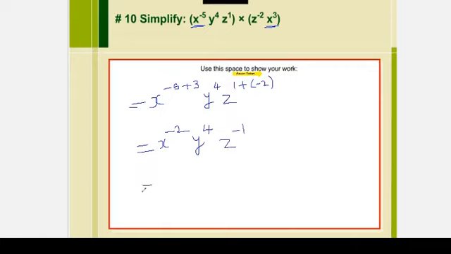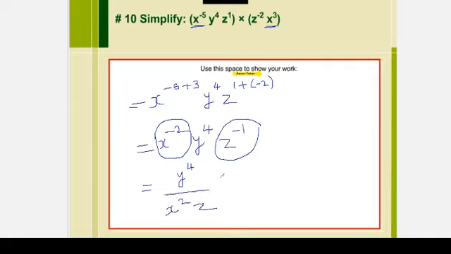Now I should not leave this as the final answer. I have to reciprocate the negatives along with the bases, not only the indices. So the x and z terms go to the bottom, to the denominator. And z to the 1, I am simply writing as z only. This is the final answer. I hope you understand how to do it whenever there are negatives in the power. So apply the integer rules. That's it.